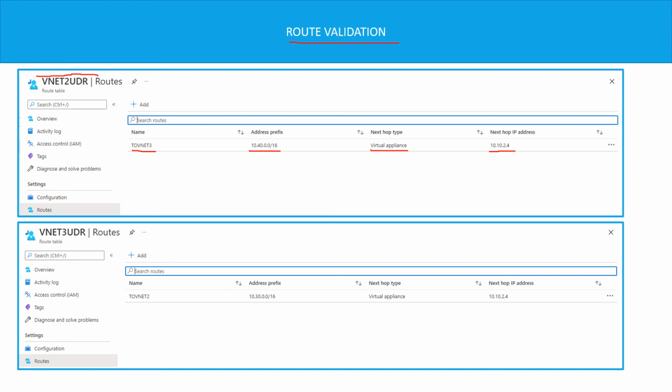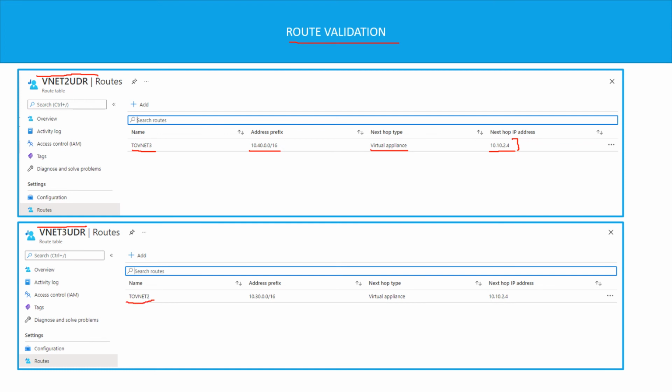My gateway resides in the range of 10.10.2.0/24, and I already discussed that whenever you provision the network gateways, there are VMs which automatically get created. So this is going to be the first IP which gets assigned to those VMs. My first three IPs are reserved. So this virtual gateway VM will get the first IP address, 10.10.2.4. Similarly, when we inspect the vNet 3 UDR routing table, I can see I mentioned to vNet 2,